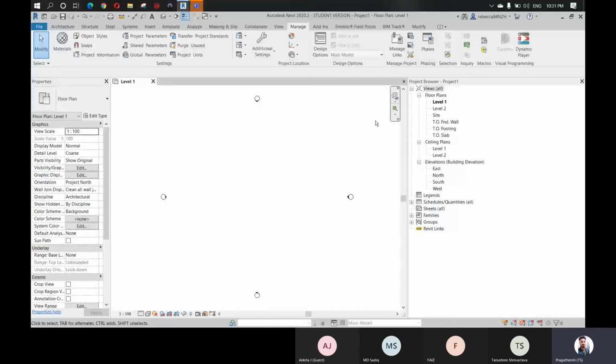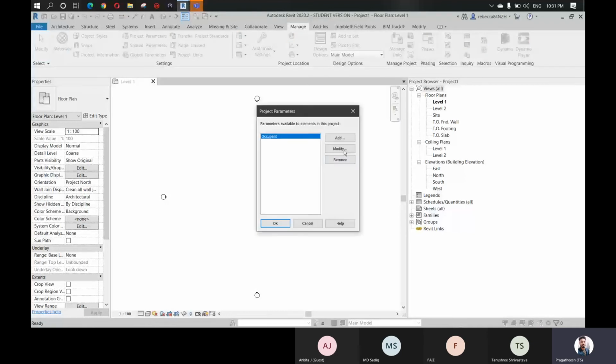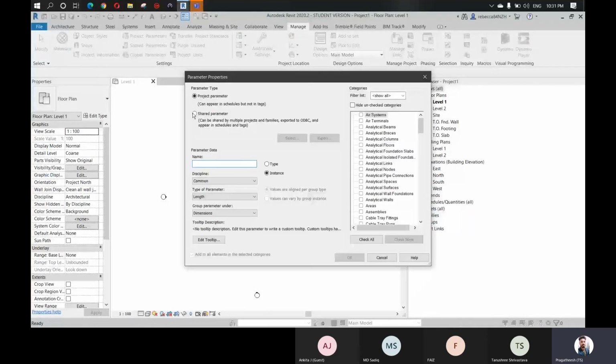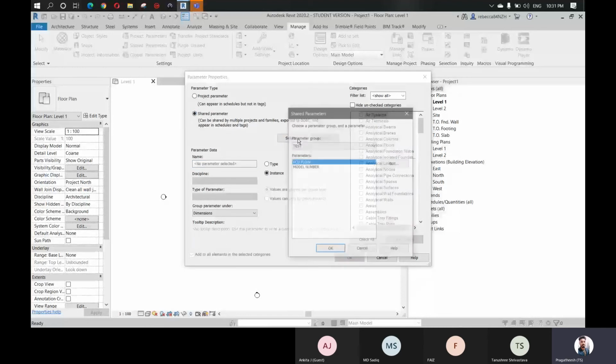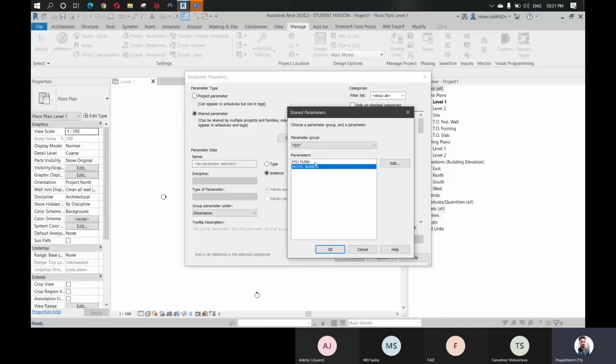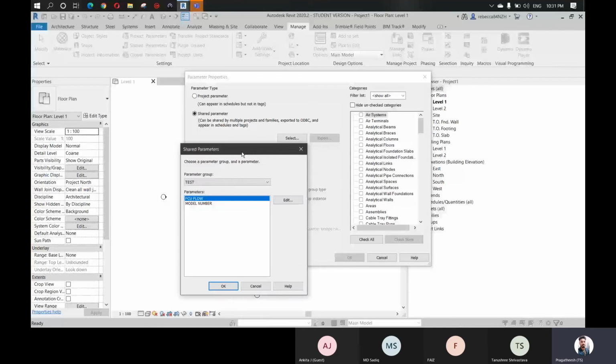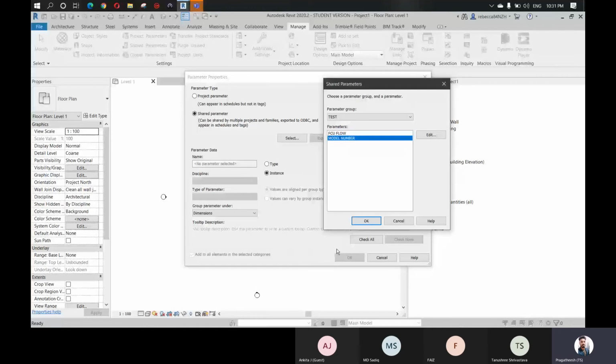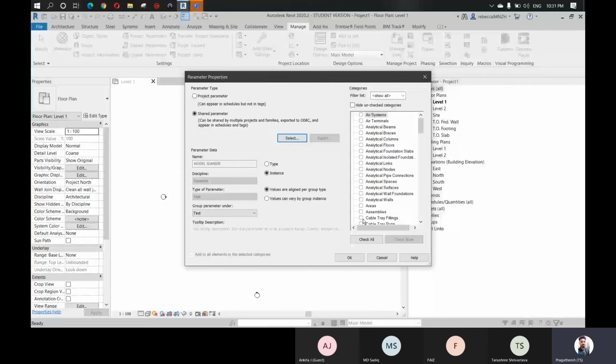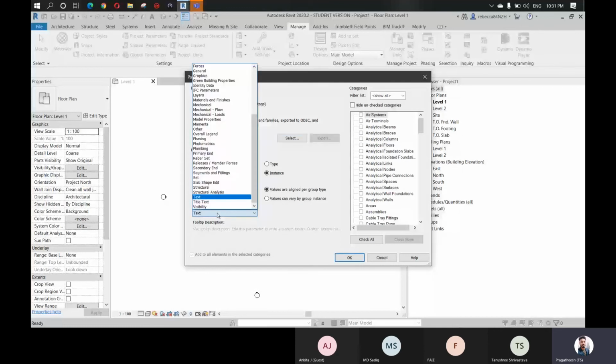First you have to create a shared parameter, and then come to the project, go to Manage, Project Parameters, click Add and use Shared Parameters, click Select and select the shared parameters which you have created. For example, you can see FCU flow, model number. I think it was previously created by me, I'm not sure. Whatever it is, just use it.